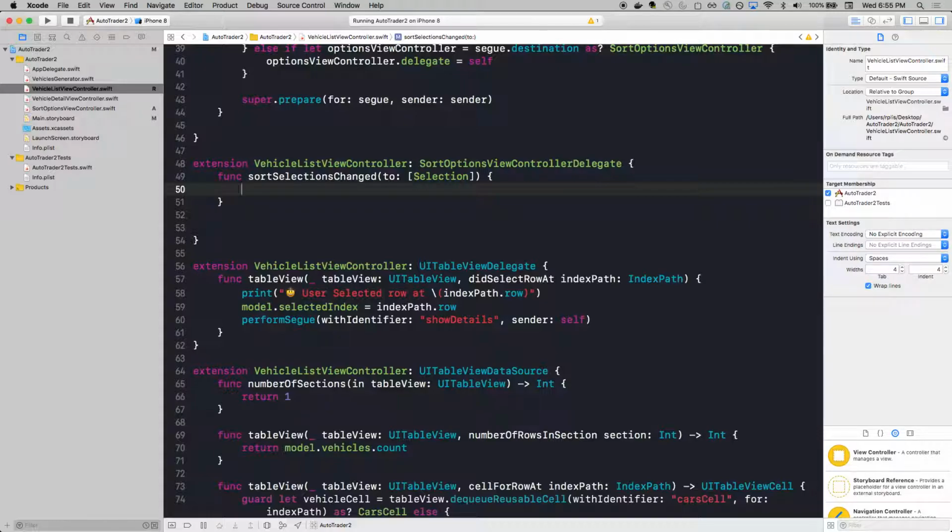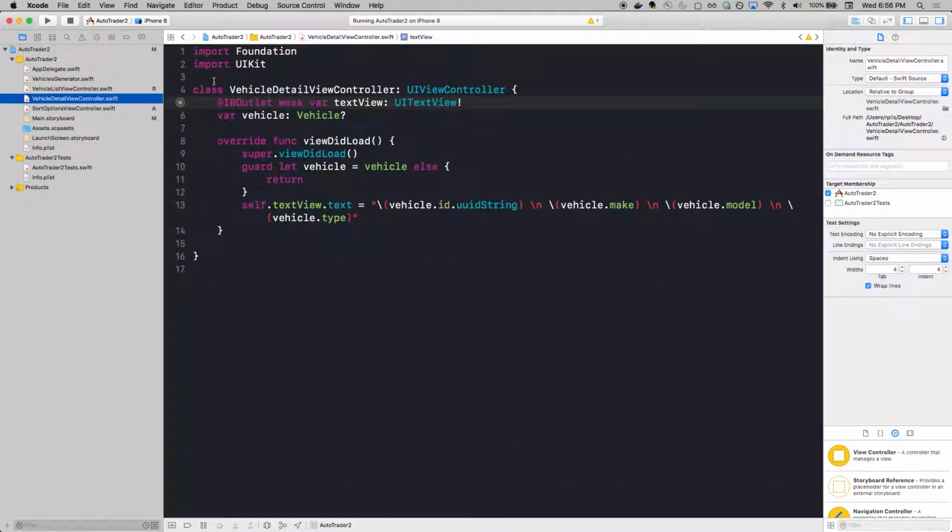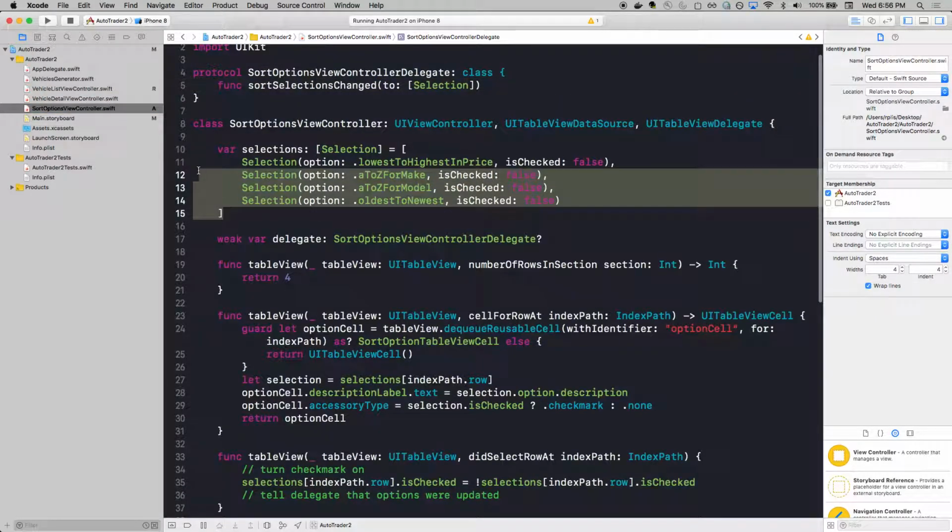And so at the very beginning of that whiteboarding session, I kind of said that we were going to have the vehicle list view controller hold on to the array. So right now the sort options view controller has an array. What we want is the vehicle list view controller actually to have that array, and so I'm going to move it from this guy. So right now here are the selections, and what we could do is